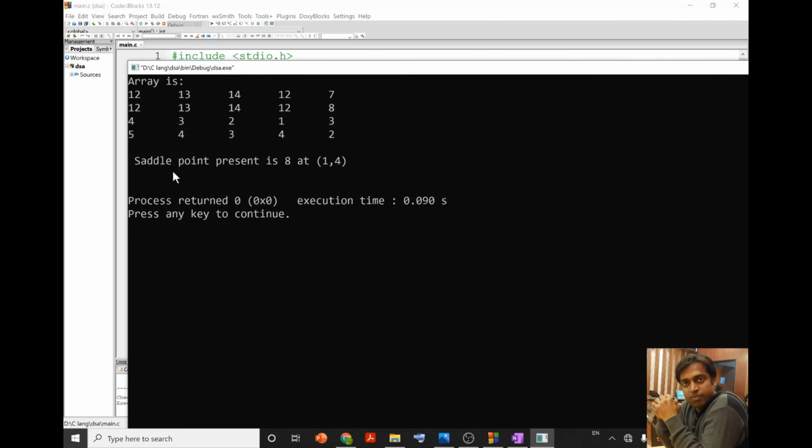Over here it says the saddle point present is 8 at 1,4, meaning the first row and fourth column. So this is our saddle point, and you can see that this is the minimum in its row and also the maximum in its column. So whatever we discussed is giving us the correct answer.